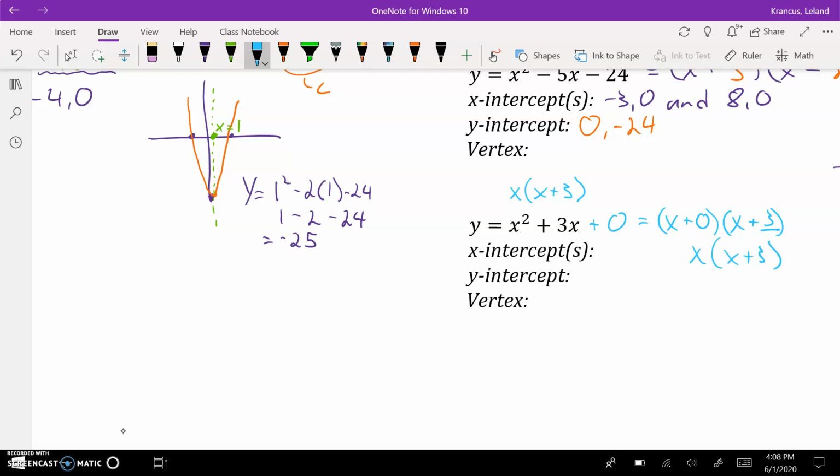So when you see one that doesn't have a c value, that means that it goes through the origin. When x is 0, y is 0. And it means when you factor it, you're not going to get two binomials. You're going to get a monomial with one term and a binomial. So be careful with those. There are some slight variations to it, but that's probably the trickiest one just because